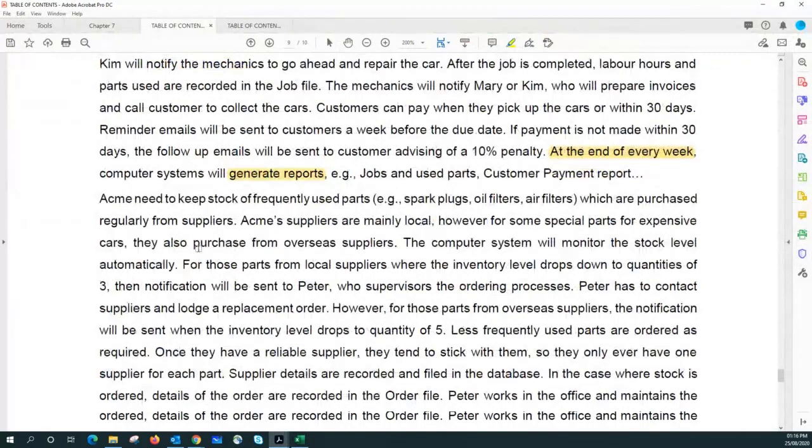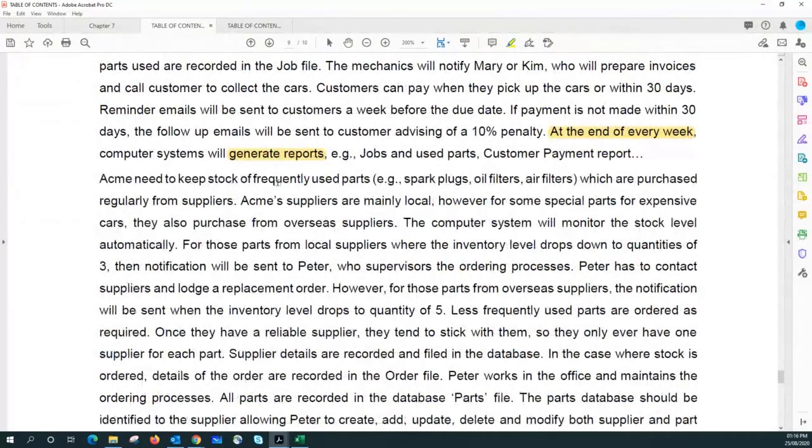Right. Come to the stock handling part. Acme needs to keep the stock of frequently used parts, examples spark plugs, oil filters, etc., which are purchased regularly from suppliers, right? So when you read that, you should know that we need to have a process to handle the purchases. So how to create purchase orders? It has to be handled by